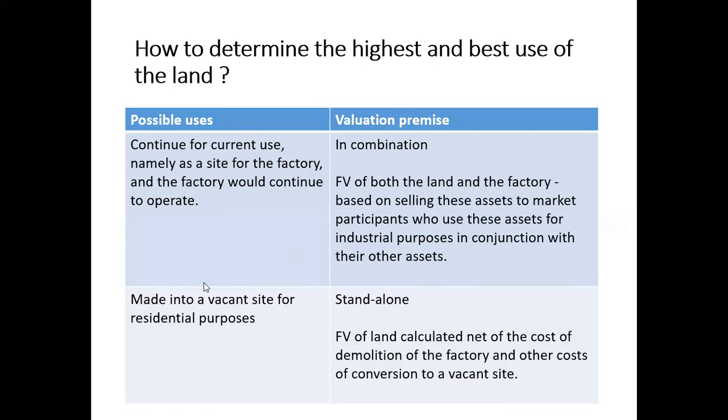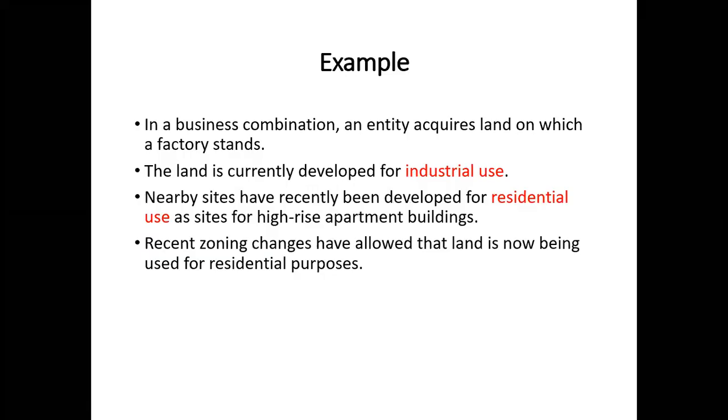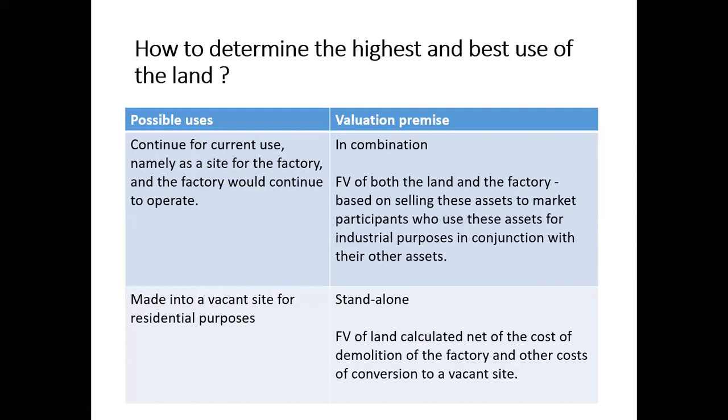So මේ දෙකෙන් වඩා වැඩි වටිනාකමක් දෙන එක තමයි ඔයා හඳුනා ගන්න ඕනේ fair value එක විදිහට. අපි හිතමු මෙතන land එකේ වටිනාකම consider කරලා ගත්තාම let's say that it is 10 million, and here, once you consider the fair value and the demolition cost and the other, let's say it is 8 million. Then out of that the highest and best use is 10 million, so therefore the fair value is 10 million, right? So once you decide the highest and best use, referring to that, take the fair value. ඒ දෙකෙන් වැඩිම use එක තීරණය කරලා ඒ use එකට refer කරලා fair value එක ඔයා ගන්න ඕන, right?